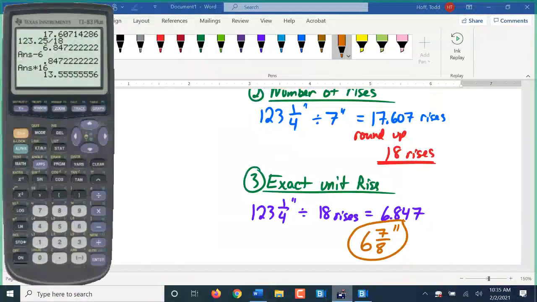But you'll notice this was really 13.55. It's almost 13.5. It's really right between 13/16 and 14/16 for that unit rise. Well, on 18 rises, that half of a 16th is going to end up being 9/16 of an inch, just over half an inch. So here, what I would do, since that's 13.5,